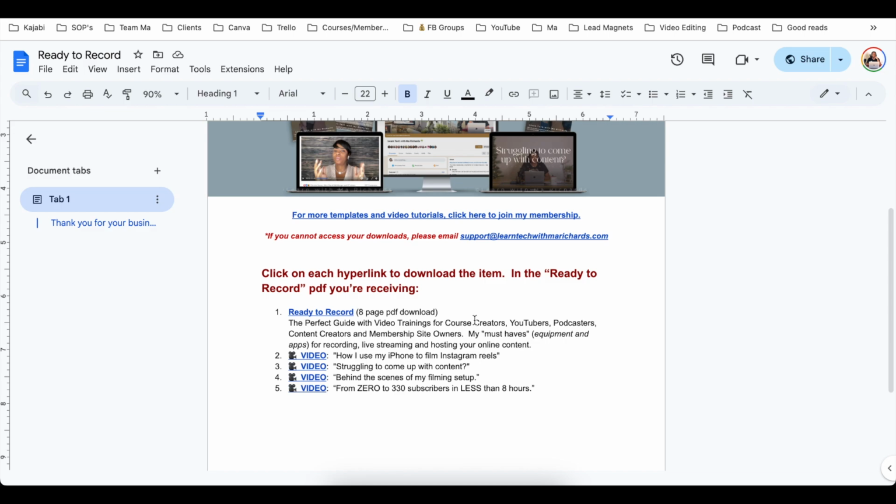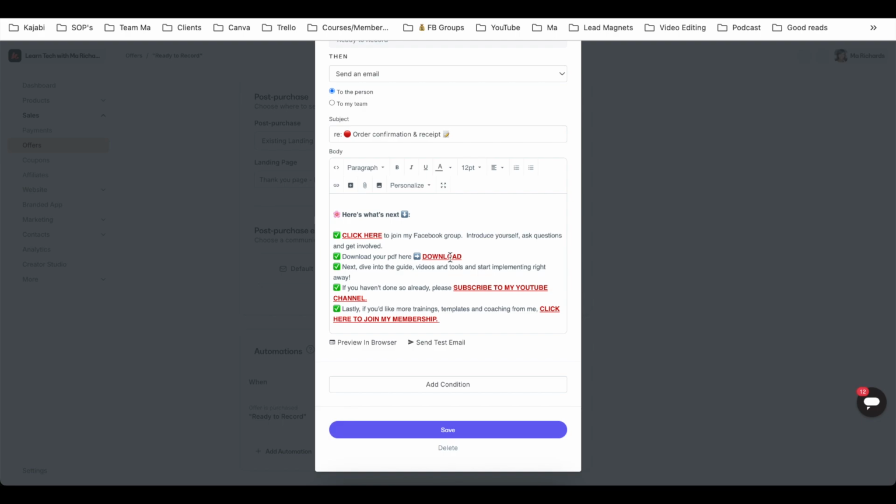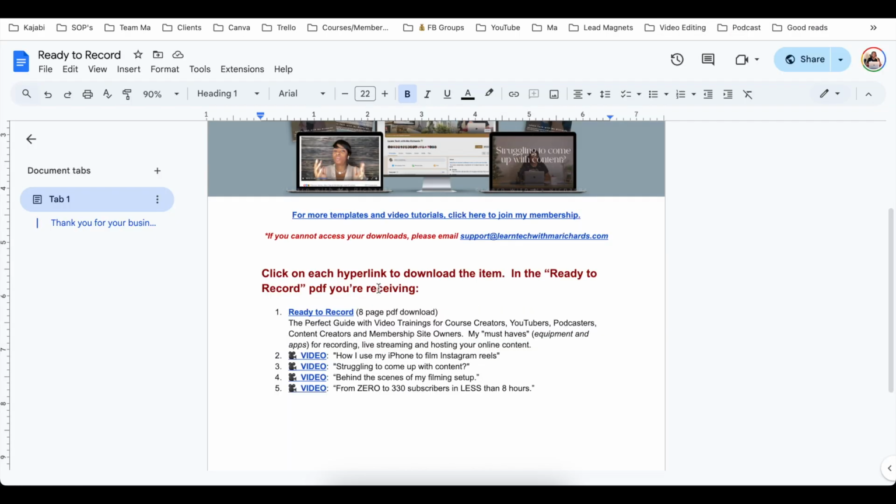However, if you just have one deliverable, you can easily just come over here to Kajabi and insert the one deliverable right here. But because I have multiple deliverables, I like to list them all right here neatly and in order. So I link the actual document and then I give a little description of that document. And I'm telling them, click on each hyperlink to download the item. So all they have to do is just click and it'll route them to the content they're looking for. And videos are the same way. All you have to do is go to your